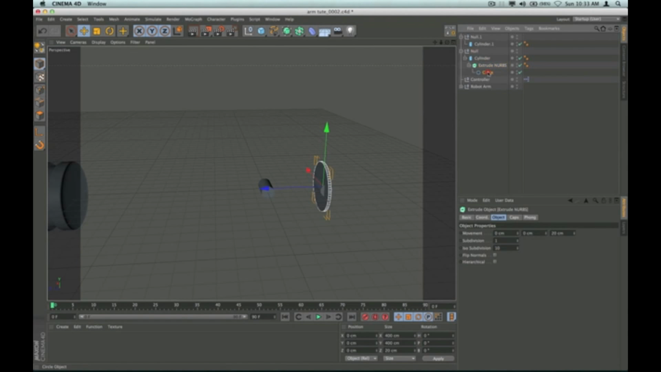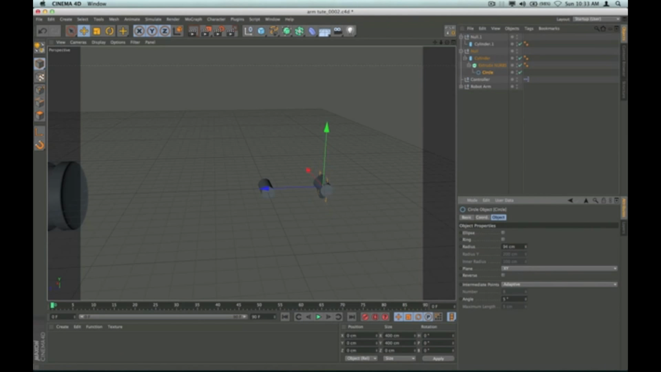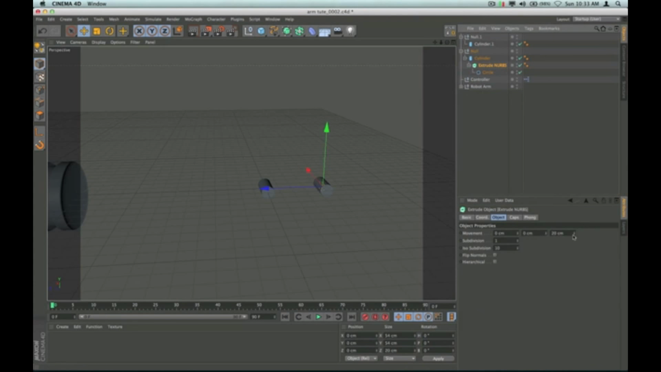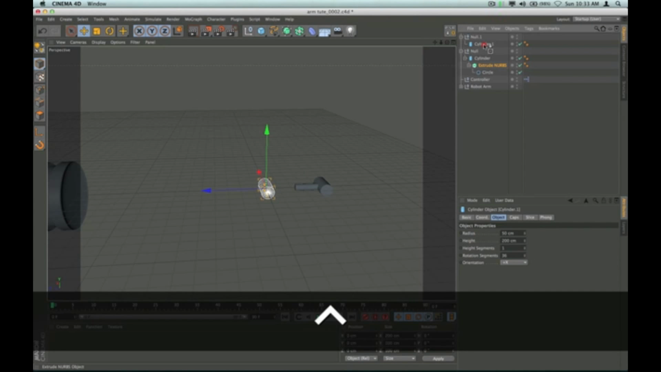First thing I need to do is take my circle and bring it way down, and roughly 30 is about where I want to be. The extrude NURBS, I'm going to use my movement and just increase this so that my arm is going that direction, and we'll just make it about halfway for now. Let's take this extrude NURBS, and I'm going to copy it, hold down control, drop it into my cylinder 1,